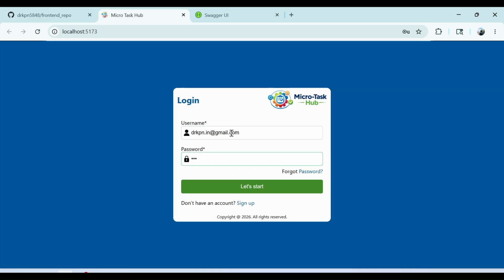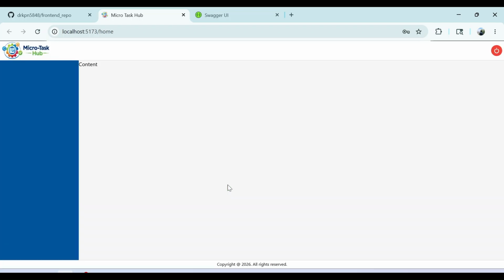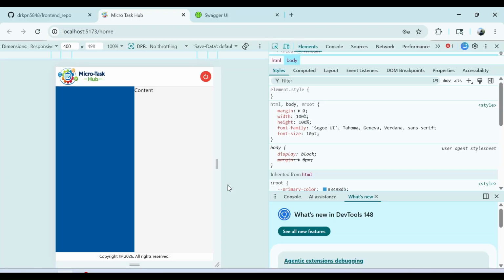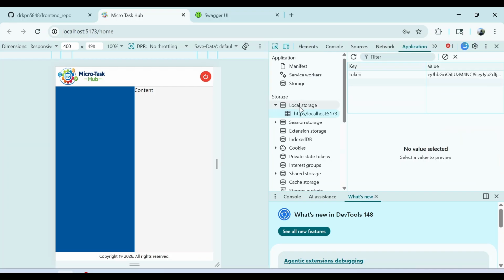This username and password is available in my users table. So if I click let's start, it will navigate to the home page. Then use Ctrl+Shift+C. This is for Chrome browser. Then go to the Application tab. Then click on the link of your front end under local storage. Then click on token, copy the token